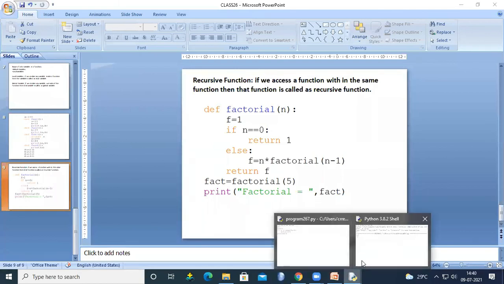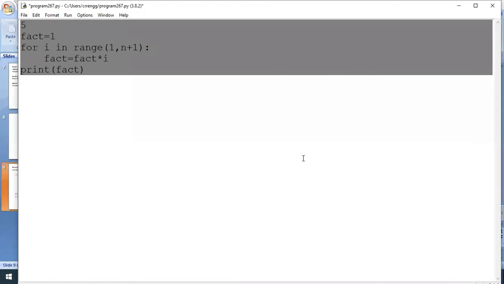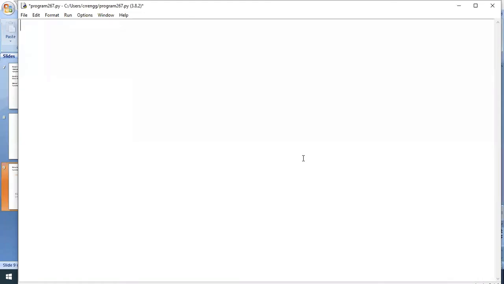Now we execute this program. Same program. We are going to define a factorial function, with n as the parameter. We take one variable, any name is okay. We return the answer if n equals 0 or n equals 1; anything is okay.